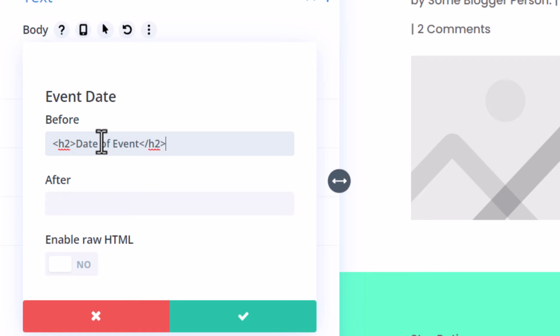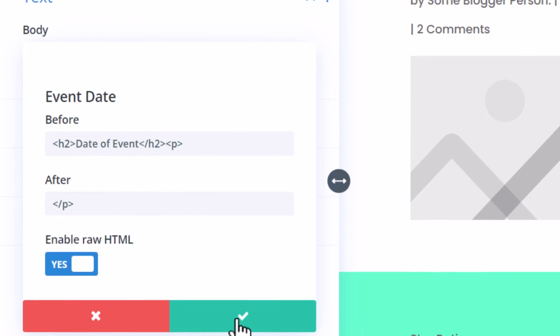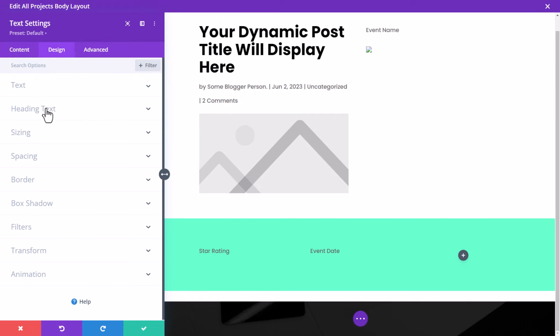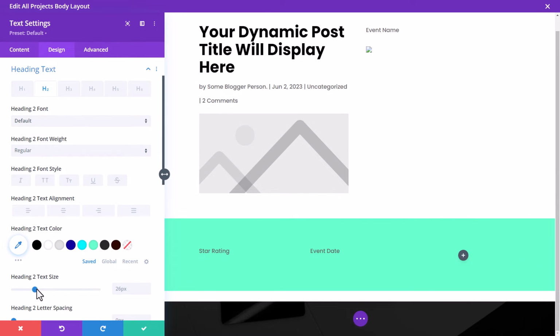Now I can even then give it a paragraph tag. So if you know HTML, that's good. Otherwise, if not, you can just put plain text in here, but you will lose some of the ability to format it like I have here with these H2 tags. Enable raw HTML. Okay. I can also then go into my heading text and style my heading too by bringing the size up,